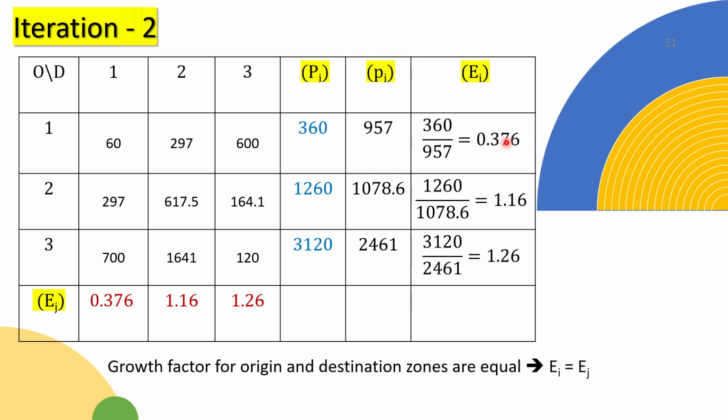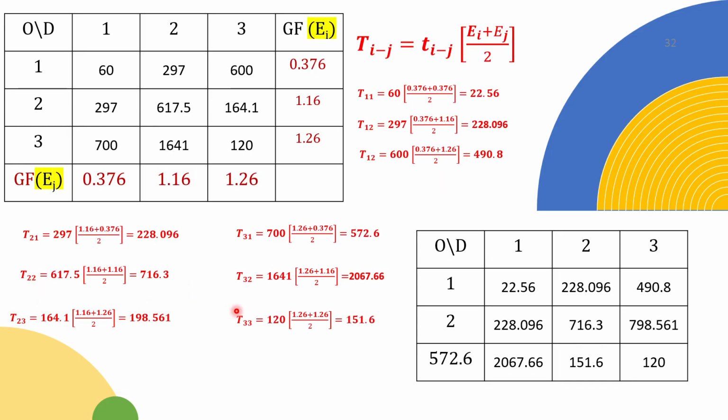So our aim is to make the growth factor 1. We have to do the iteration until then, but since in this particular question they have asked you to do only 2 iterations, you can stop after this. So we have EIs, and the same EIs are applied to the EJ, and using the new OD matrix we can repeat the same